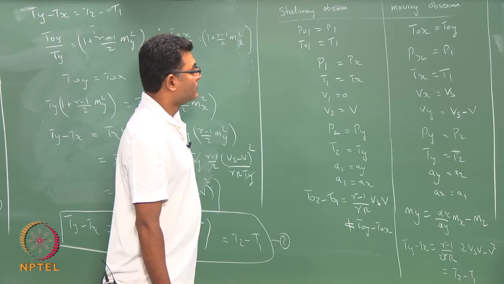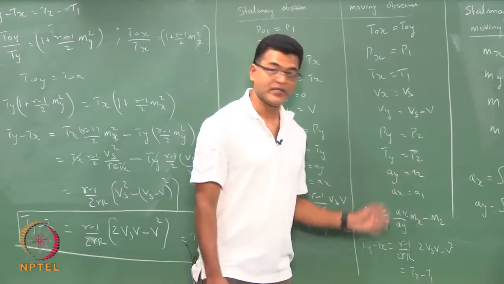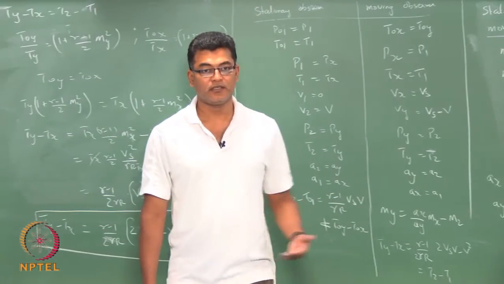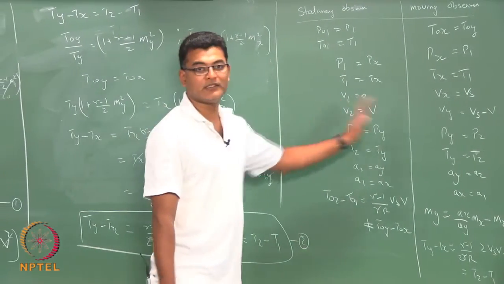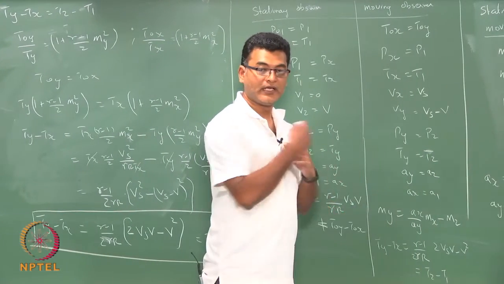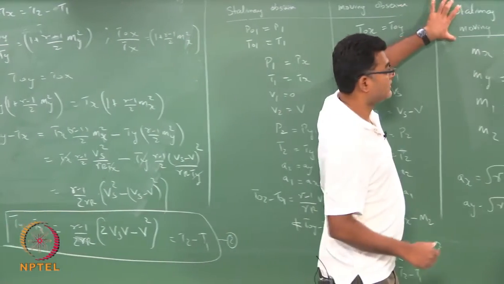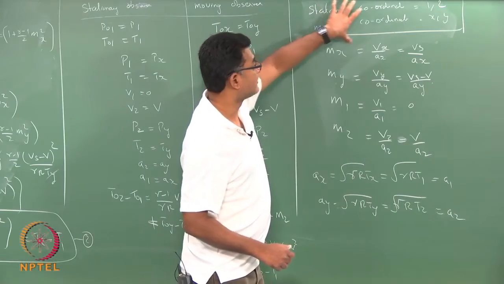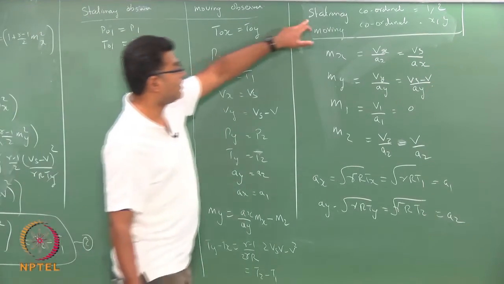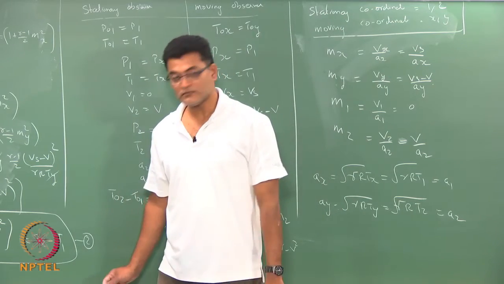Okay. So, if you know these properties, you can find the other properties that is happening in a shock that is moving. So, in the next class we will do a numerical problem and try to understand these two coordinate systems and evaluate all the properties in the moving coordinates and in the stationary coordinates. This notation we would keep the same. This is very important. So, stationary coordinates 1 and 2, moving coordinates x and y for this particular course.